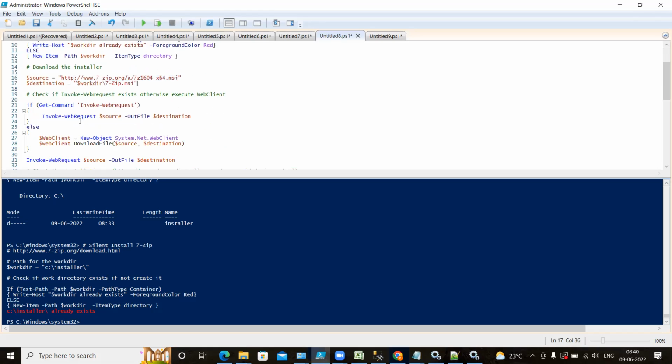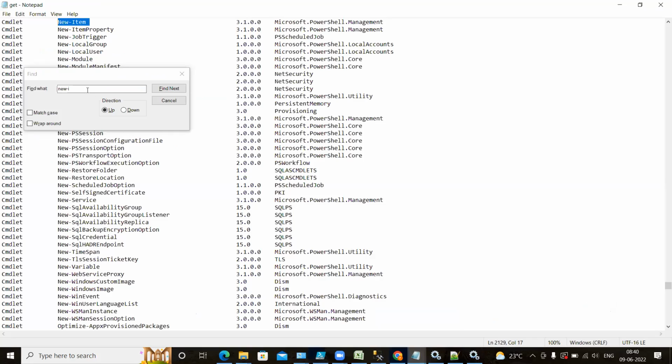So if you want to download any software, till now I have not downloaded the software, I have only declared it, right? Till here I have declared just the variables and put values in them. Now I am going to download the software. If you want to download the software, this Invoke-WebRequest command will be used. That also comes from cmdlets only. So if you search here,